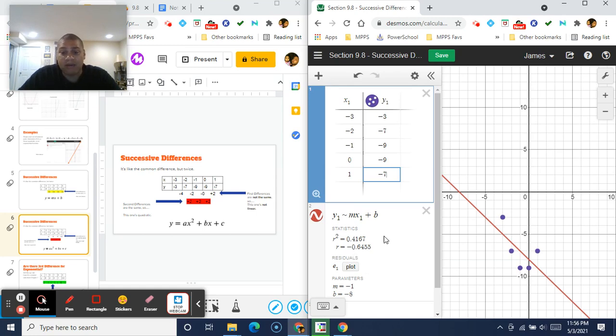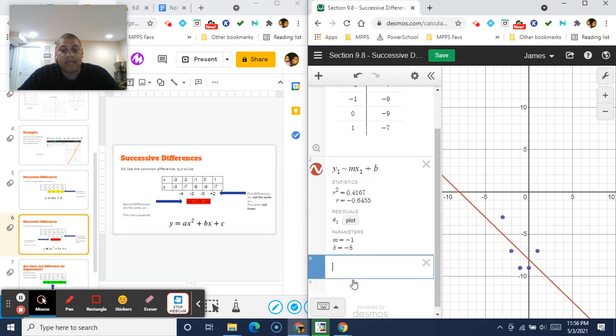It's been a while. Anyway, that's no good. But we know it's no good because we've already done the math to figure out, oh yeah, this is quadratic. This is trying to give us a linear equation. To make it give us a quadratic equation, I'm going to do the